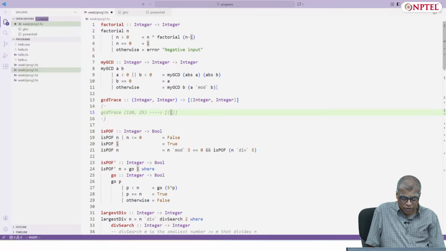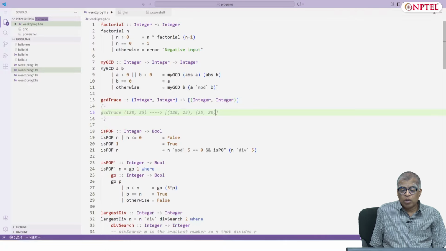So 120, 25 will make a recursive call to 25, 20, which will make a recursive call to 20, 5, which will make a recursive call to 5, 0, and you are supposed to stop at this point.